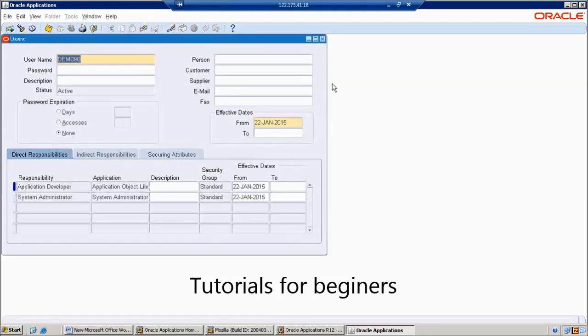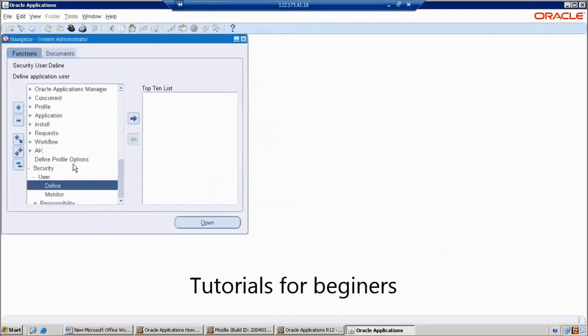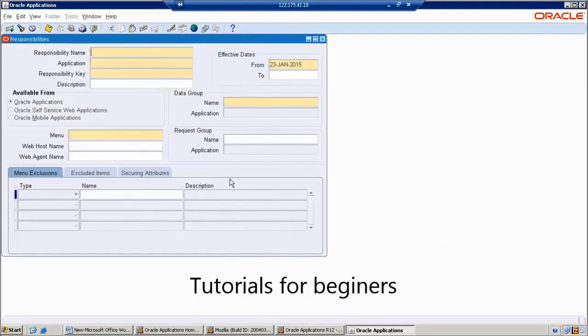In the same manner we can go to the respective responsibility form and find out the responsibility base tables. Here we cannot find the responsibility table. That is the reason we access the FND tables from the backend and find out the responsibility tables.